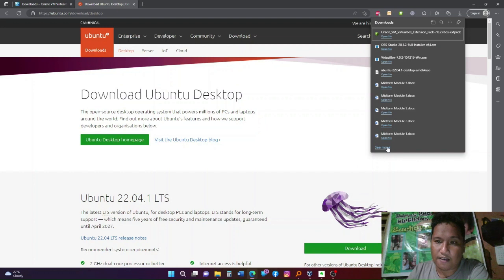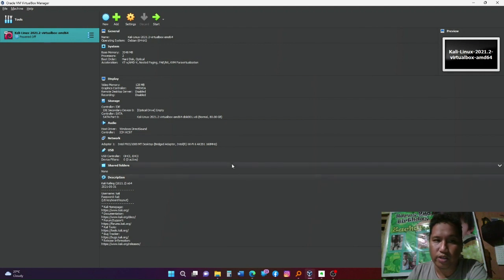Once we have downloaded the ISO, all we need to do is configure our operating system for installation. So here in Oracle VirtualBox, first we will click